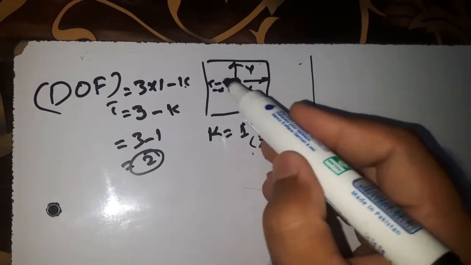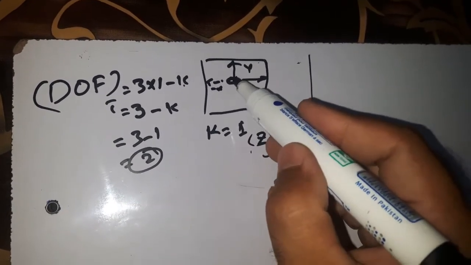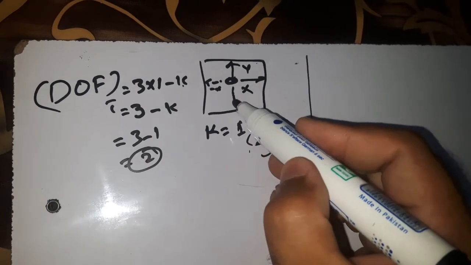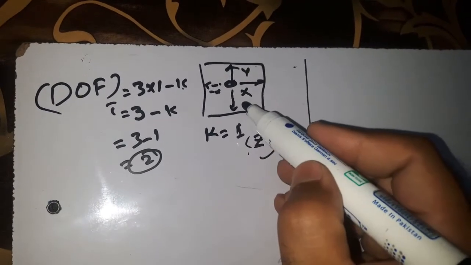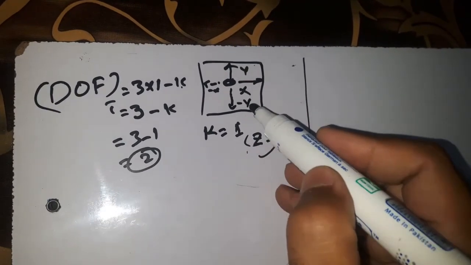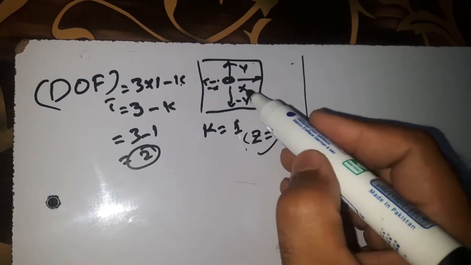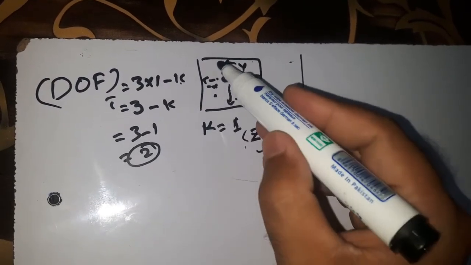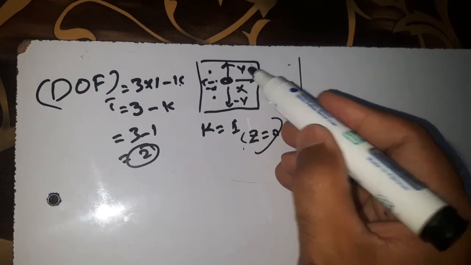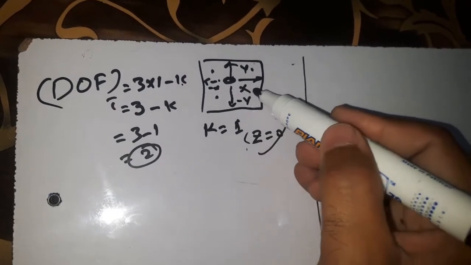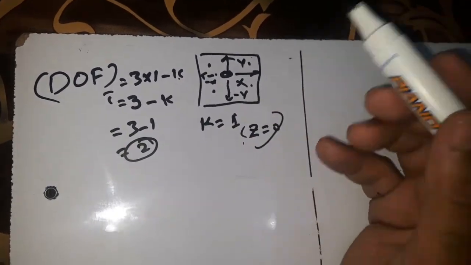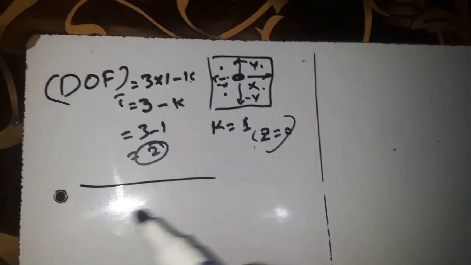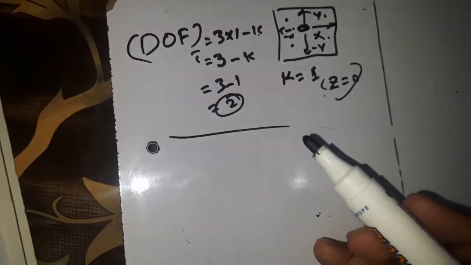Now if we have a particle that is compelled to move on a straight line. So for example, this is another particle, and this particle is compelled to move on a straight line. This straight line might be the x-axis or the y-axis. So for this second particle to move on a straight line,